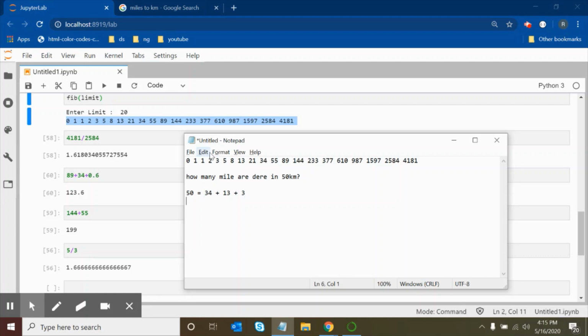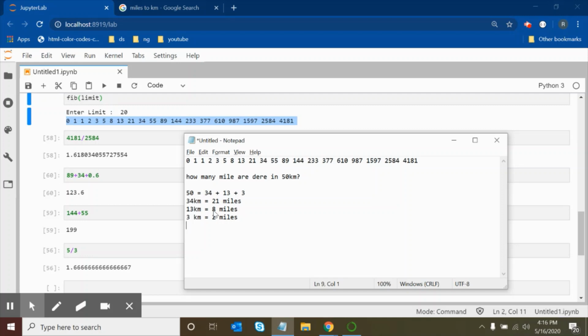Now we know that 34 kilometers is equal to the previous number as miles, so 21 miles. 13 kilometers is equal to 8 miles. 3 kilometers is equal to 2 miles.